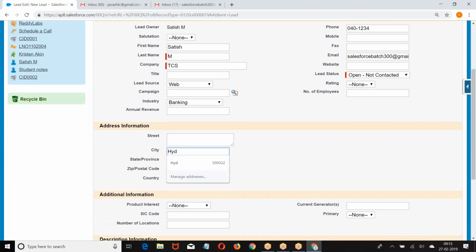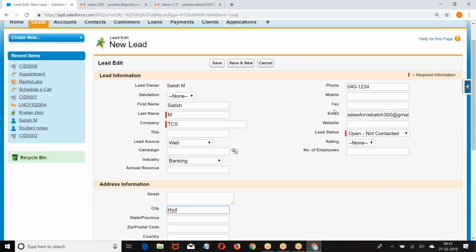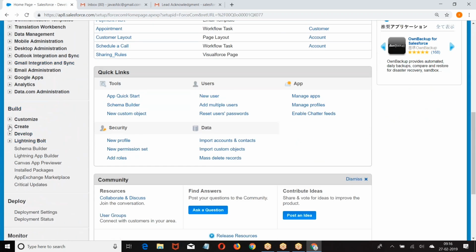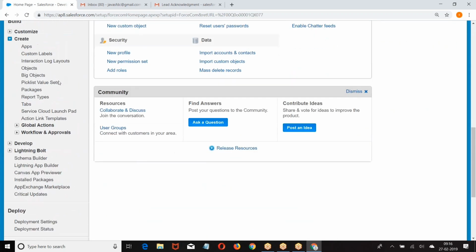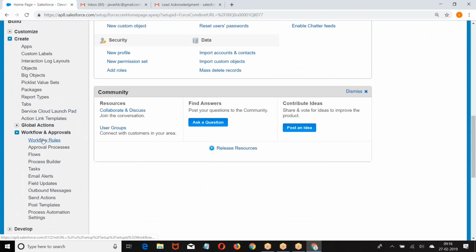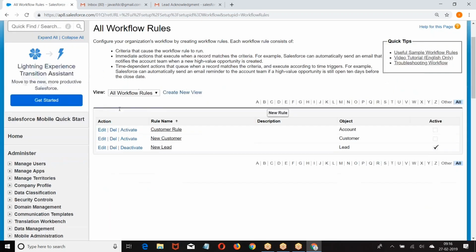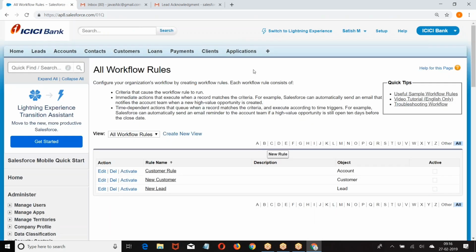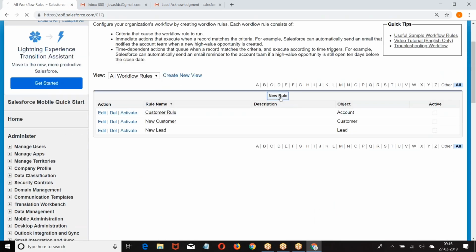When a new lead is created with the lead industry equal to banking or city equal to Hyderabad, any one condition, the action we have is email alert. What is that email alert? It will send an email notification when the condition is met. I will do one more action. Look at the point. New rule,